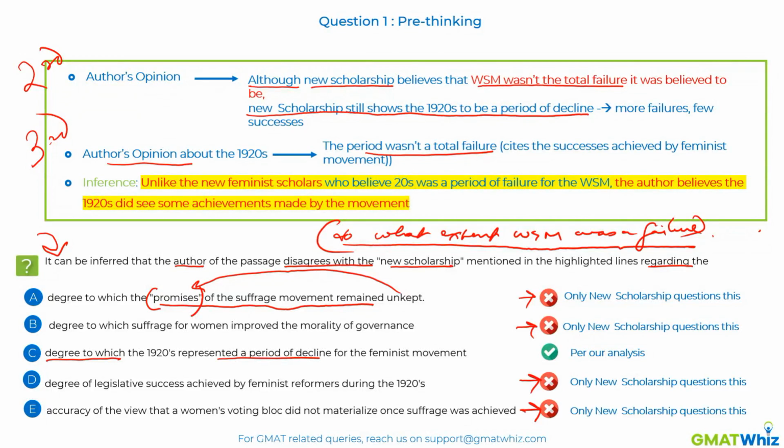Guys, do let me know if this is clear. If you have any queries, you can ask. But I think by now it should be clear why the other choices are close, but not the correct answer. Okay. However, we did see a doubling of the correct answer choice on the poll because I walked through the passage. I explained the passage to you. So if you understand the passage properly, there is no reason you will not improve on the questions.